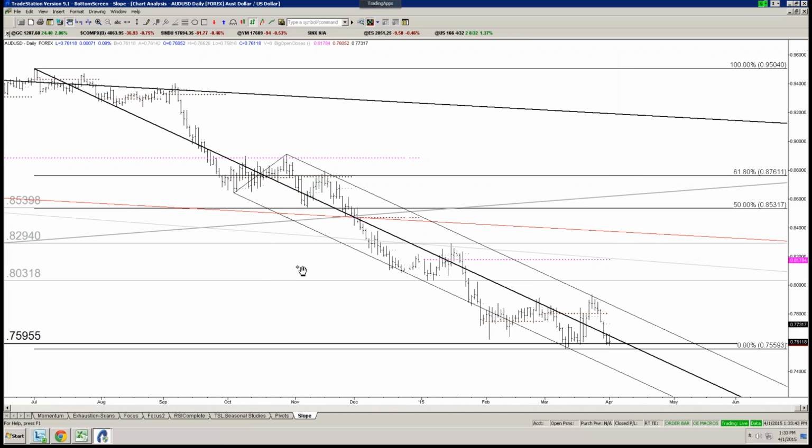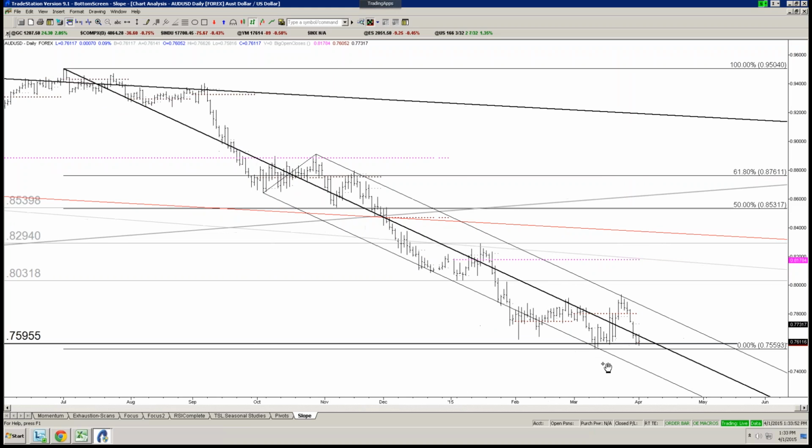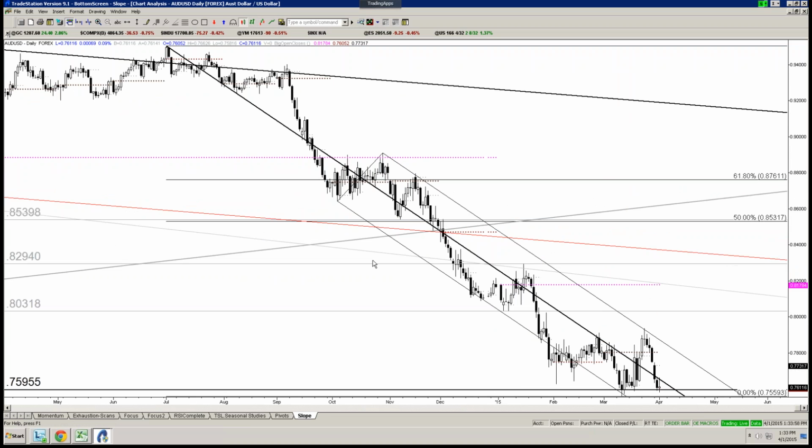So we'll be watching for that to put on a highly leveraged position at some point with a very tight stop as well. But getting a little closer to home with the Aussie right now, as you can see, we have put in, is it an outside day right now? I can't tell.